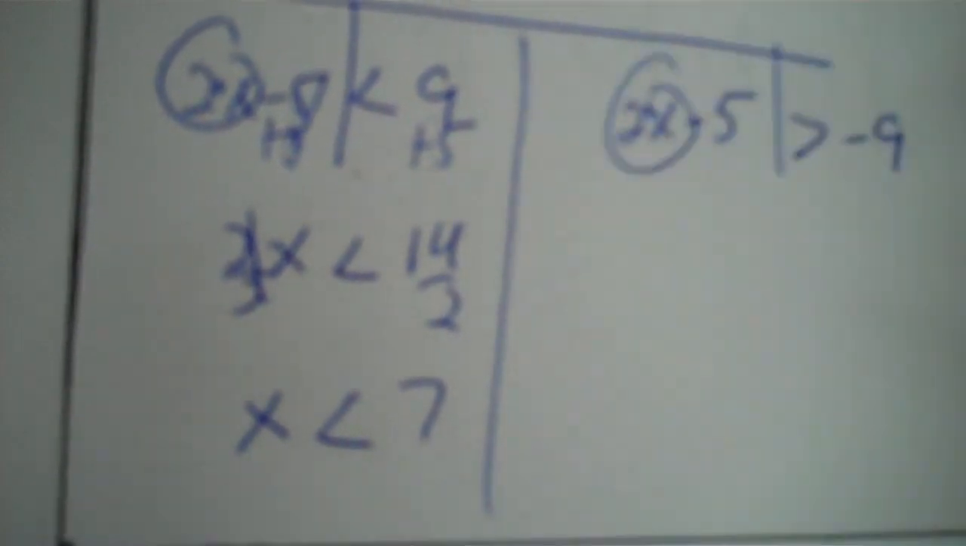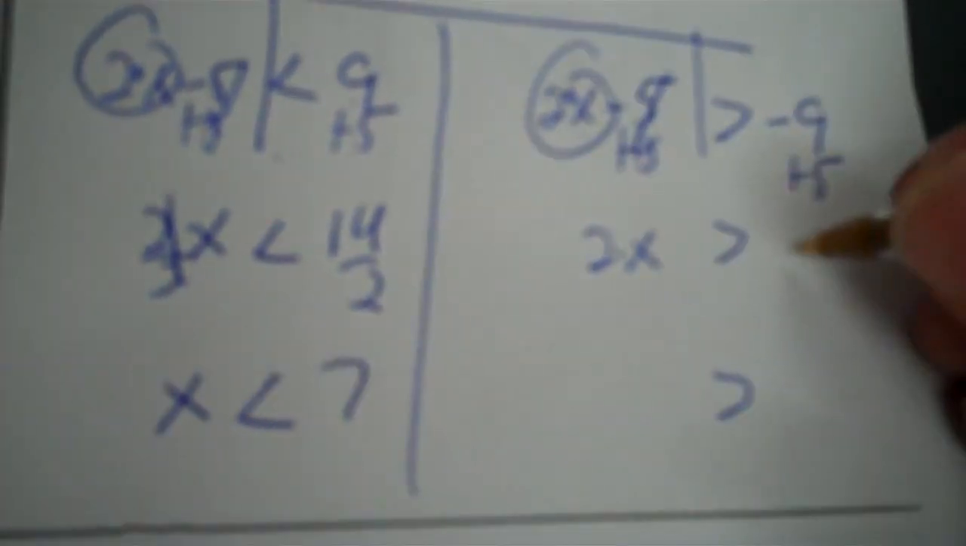We have x, 14 divided by 2 is 7. Then here, minus 5, add 5 doesn't change the sign, divide by 2 doesn't change the sign. If you're dividing by negative 2, it would, but we're not. So 2 times x, negative 9 plus 5 is negative 4, then divide by 2, and you have x,